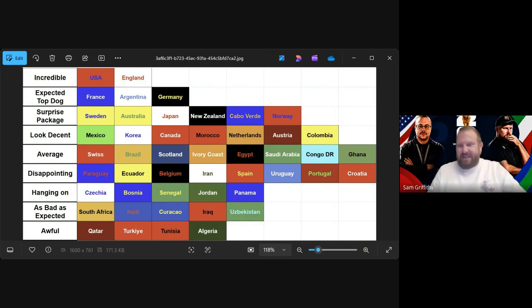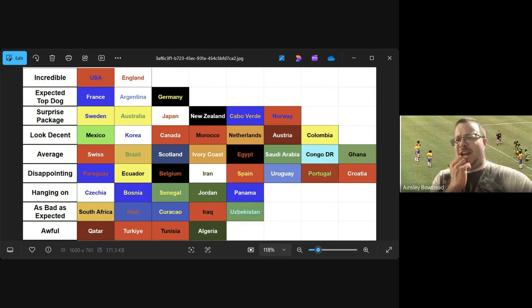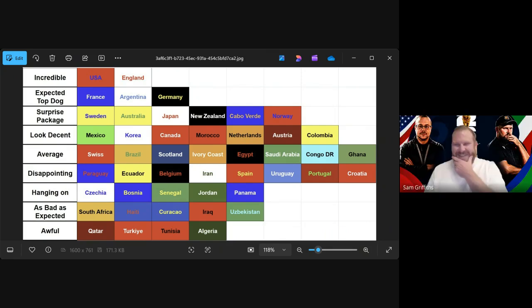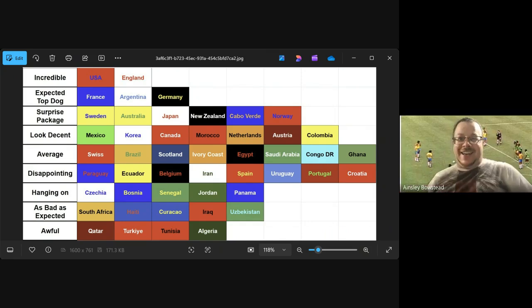There was a game the other day, I forget who it was, I think it was Scotland actually, where they kept passing it between the full-back and the centre-back, and full-back and the centre-back, over and over again. And all I can think is, man, their passes complete stat's going to look amazing. But it doesn't go anywhere.